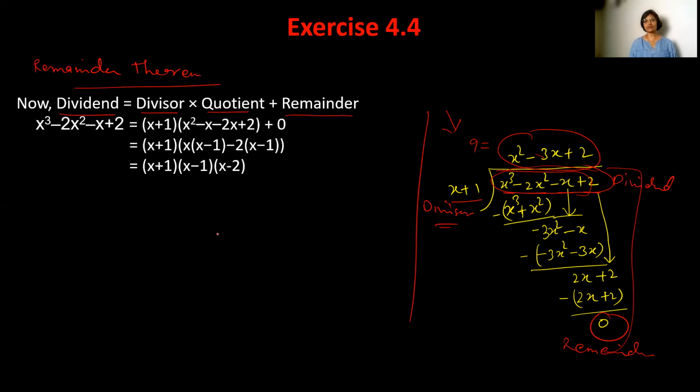The dividend is this expression. One factor is the divisor, the quotient we just found, and the remainder is 0. So if it is 0, how can we write it in the next part? x plus 1 into